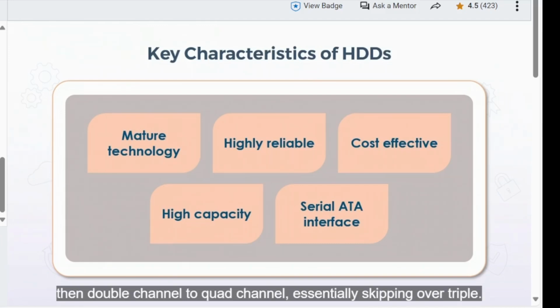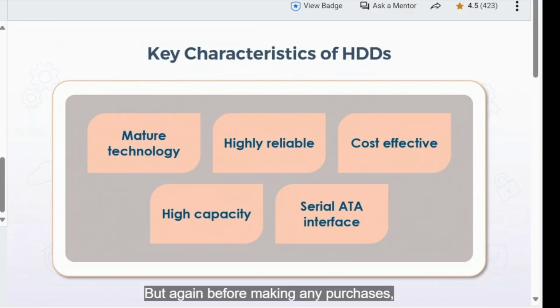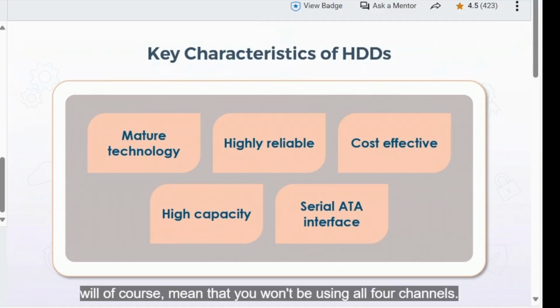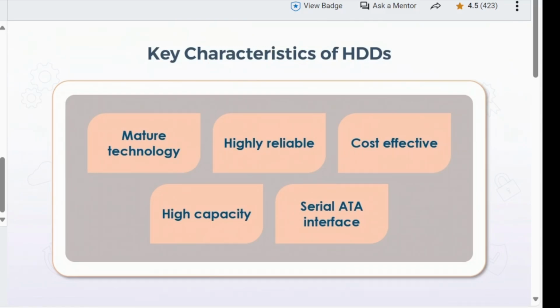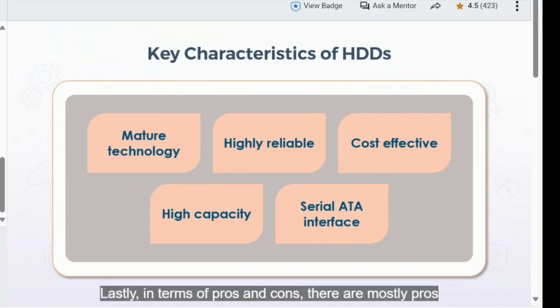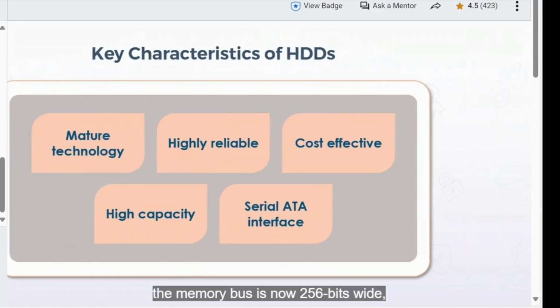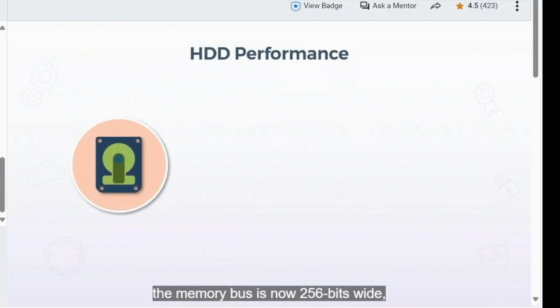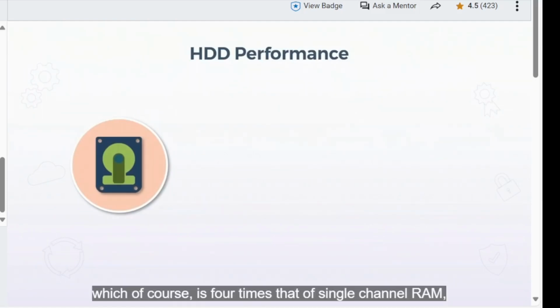They're also very cost effective, although the price of solid-state drives has certainly come down, but you usually get a much higher capacity for more or less the same price. So on a per gigabyte basis, hard drives would still be less expensive, and in terms of the interface, most units these days would likely be using serial ATA, but it certainly wouldn't be out of the question to still find some older IDE interfaces, and you would also likely find the SCSI interface if you're working with drives in network servers. In terms of performance, there are several factors that will dictate the overall throughput, but they would include